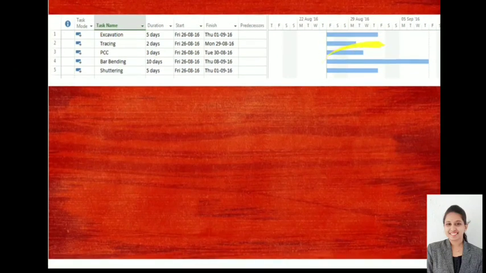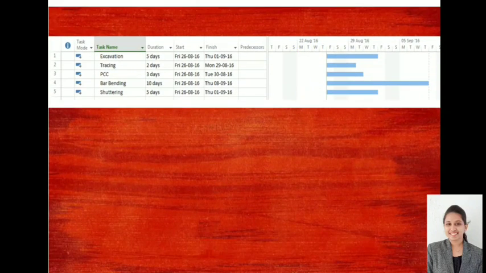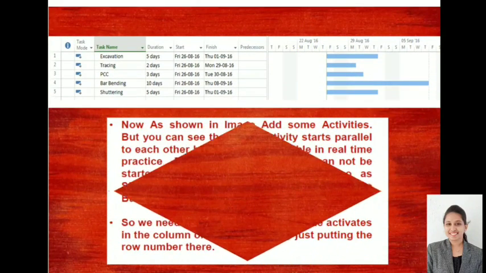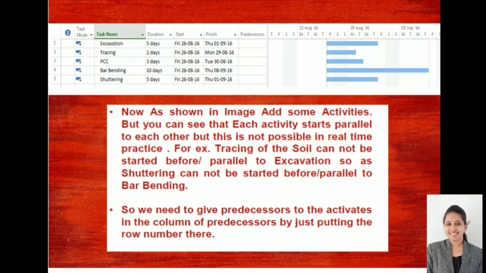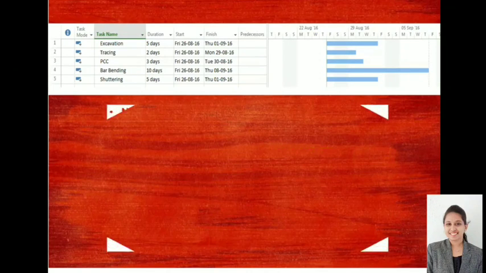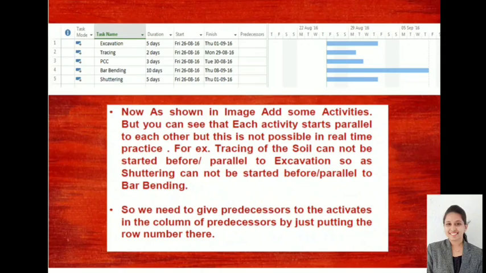What is that? This is my Gantt chart that is established. In this particular Gantt chart, all the activities are started parallelly. Is it possible practically? No, right? So as you can see in the image, a few activities are added, but each activity starts parallel to the others, and it is not possible in a real-time project.